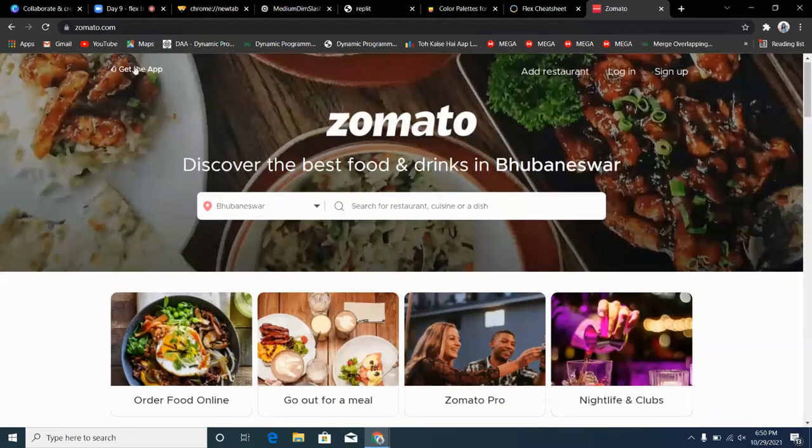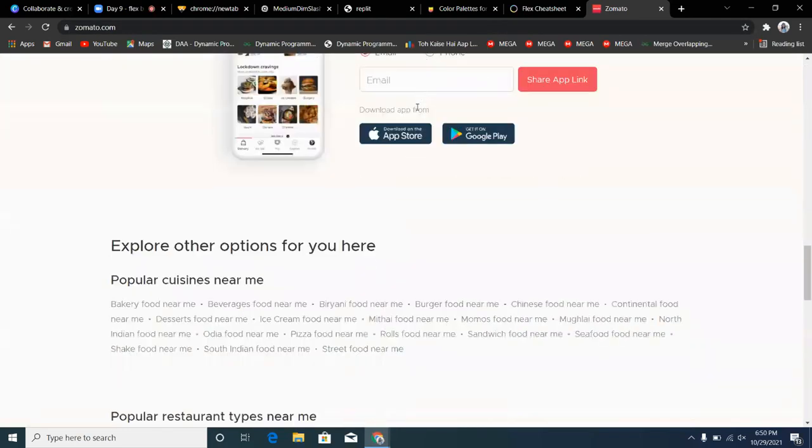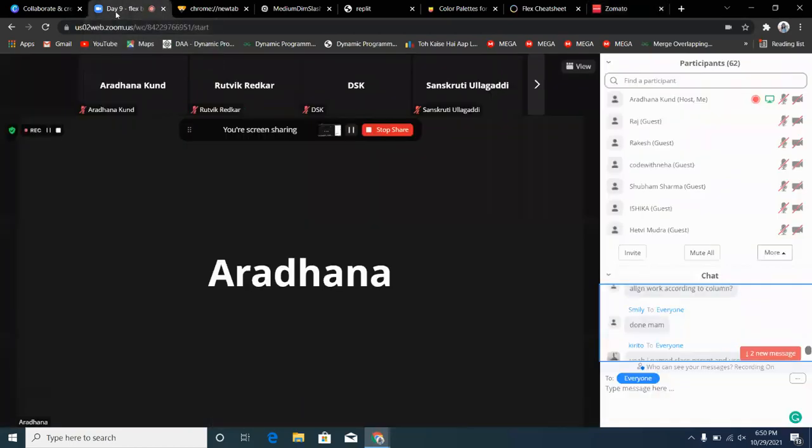How is this entire nav bar made? It is having space between, not space around. Okay, it is having space around, and this is inside one parent division, this is inside another parent division. They are aligned according to them. Again, flex over here and then flex on the entire thing. Everywhere there is flex. What is the importance of flex?